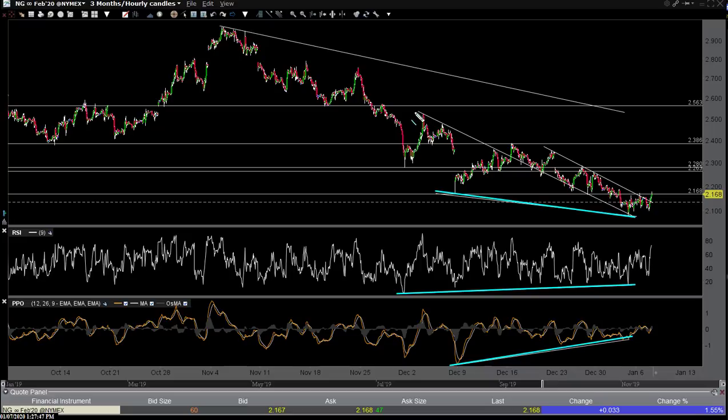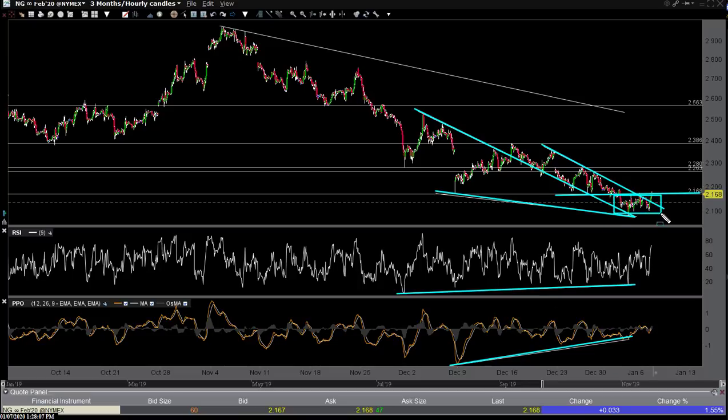You had a downtrend line right here, which was broken. It's been back tested, which really formed this price channel right there. And we've broken out of the price channel, but as I said today, you have resistance around 2.168, and we need to take that out. So it looks like there's a good shot that it will.